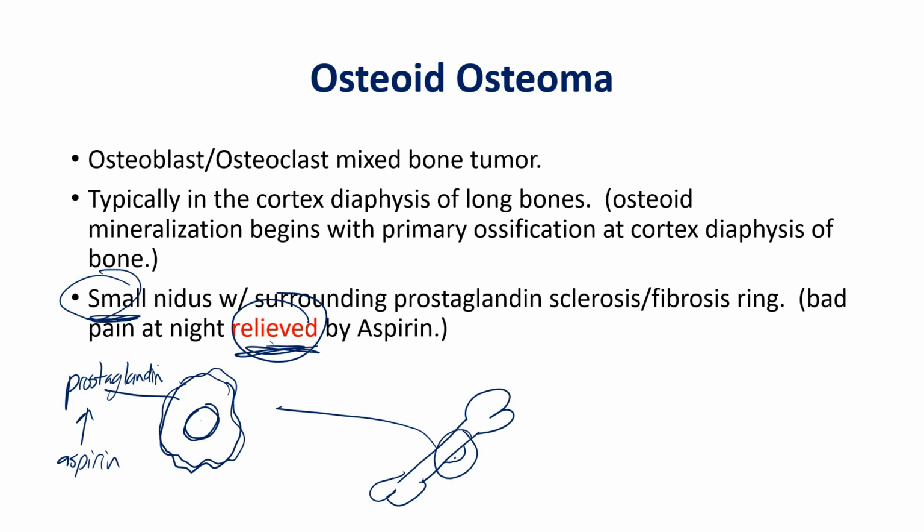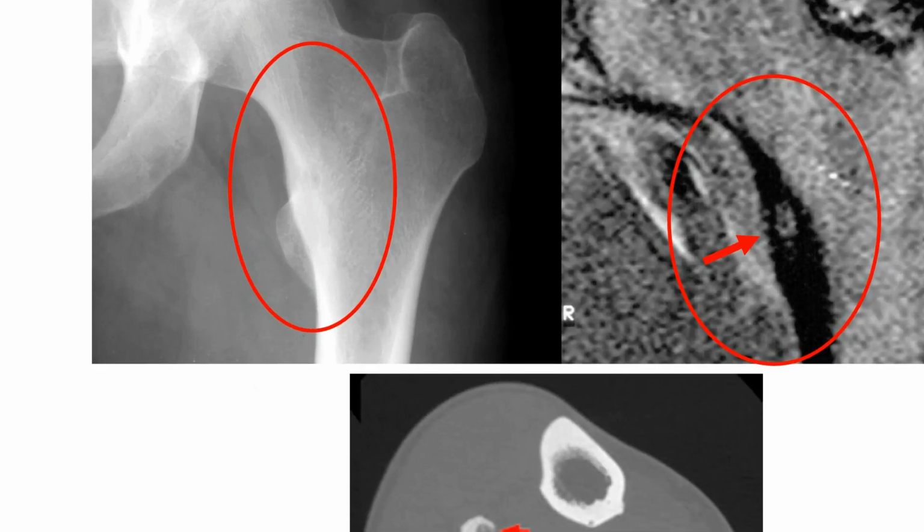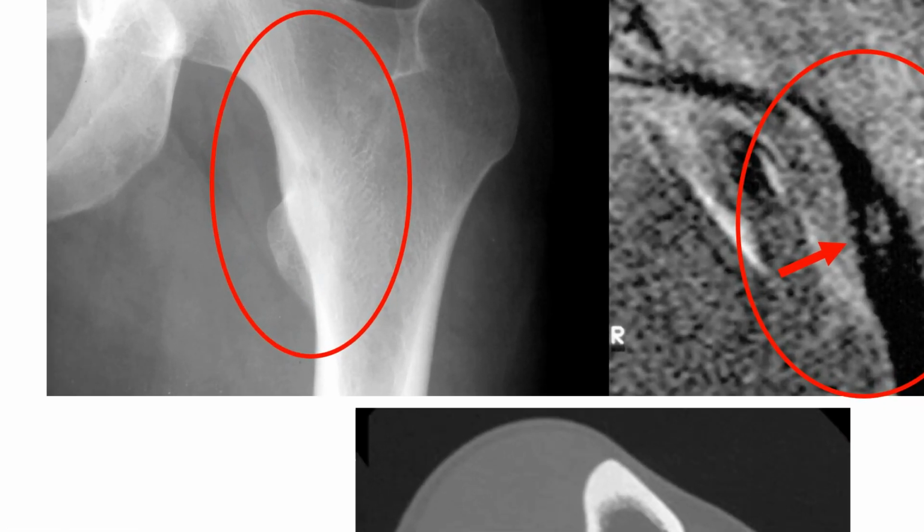Okay, so that is osteoid osteoma. Now let's get into some of the pictures. These are pictures of osteoid osteoma. The first thing you notice is that it's at the periphery, at the starting point of the diaphysis here. Then look here. There's something really hard to see, and I'm going to try to zoom in so I can show you this. It's really difficult to see in this x-ray. Do you see right here,